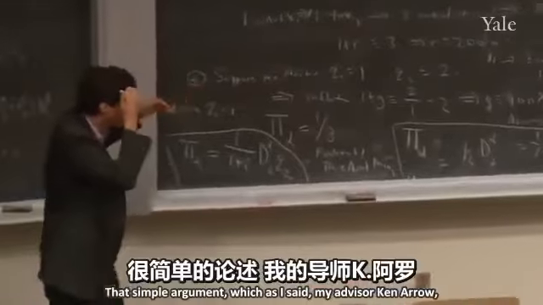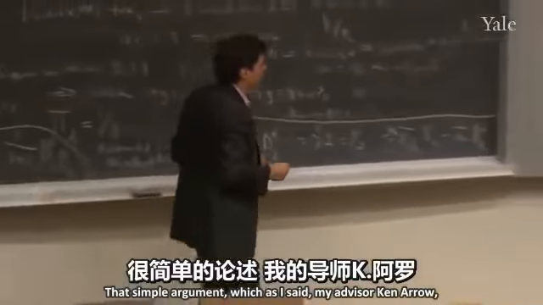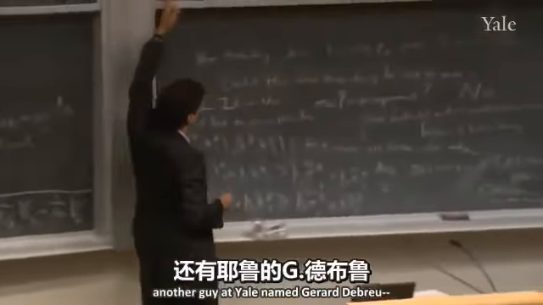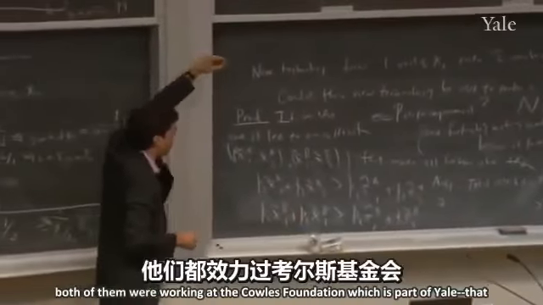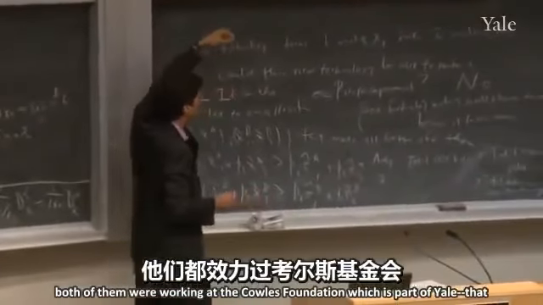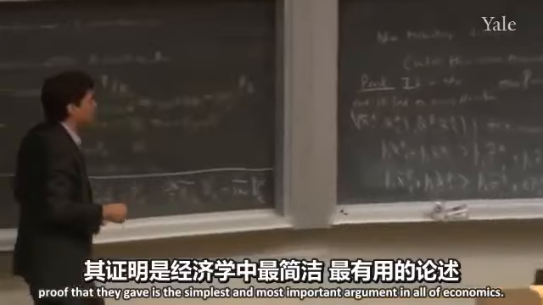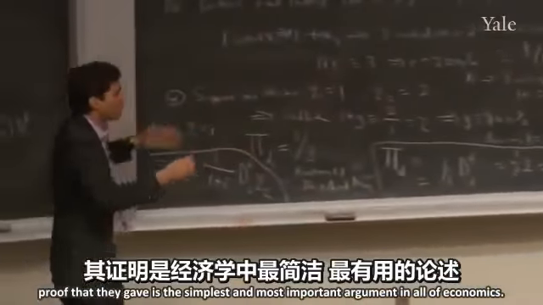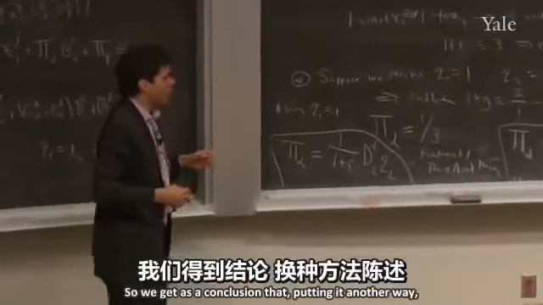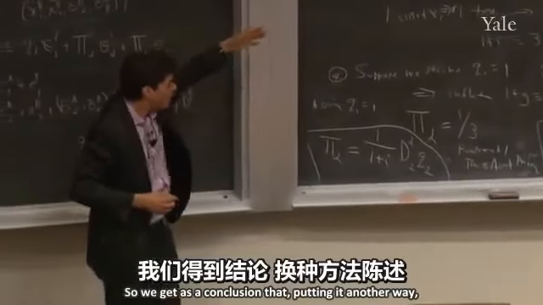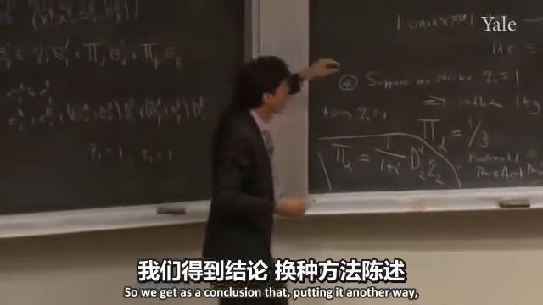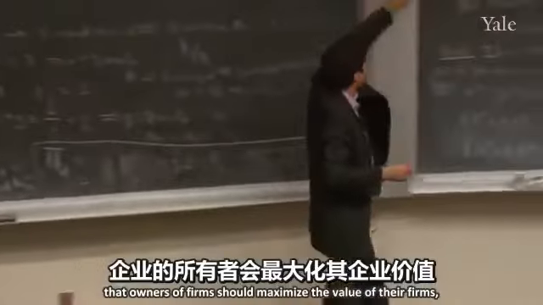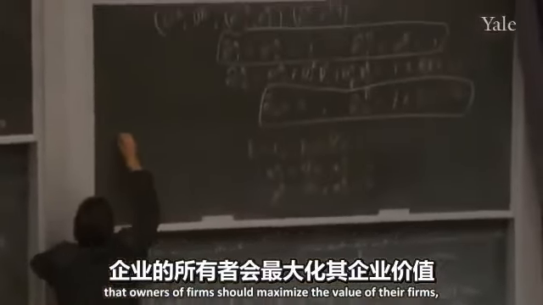That simple argument, which, as I said, my advisor Ken Arrow, and another guy at Yale named Gerard Debreu, both of them working at the Cowles Foundation, which was part of Yale. That proof that they gave is the simplest and most important argument in all of economics. Okay? So we get as a conclusion, putting it another way, that